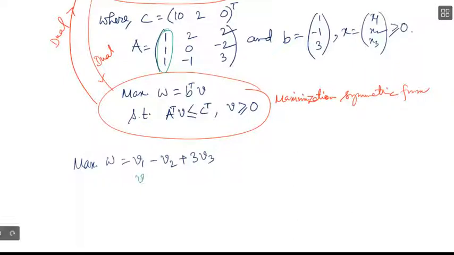So it will be V1 plus V2 plus V3 less equal to